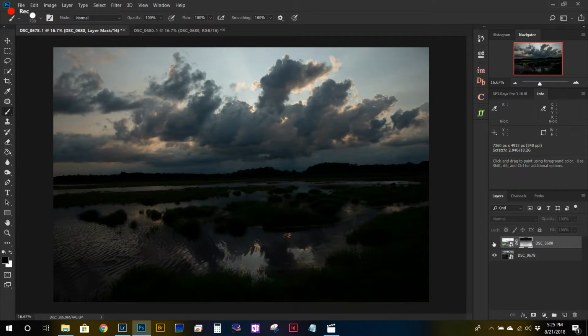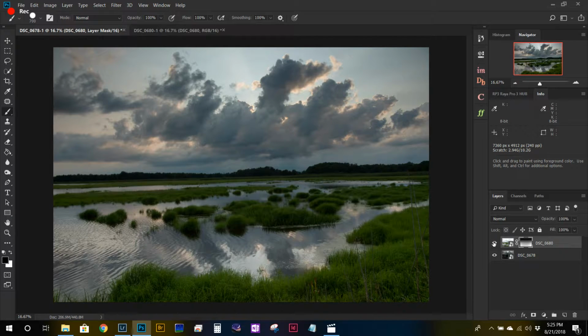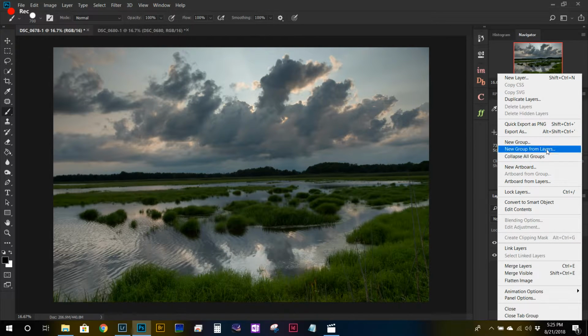And what we're looking at now is a good representation of the scene. We can change the opacity if we want to, but in this case, I think the opacity is good at 100%. It looks natural. So we're going to select our two layers, and we're going to click our layer menu, and